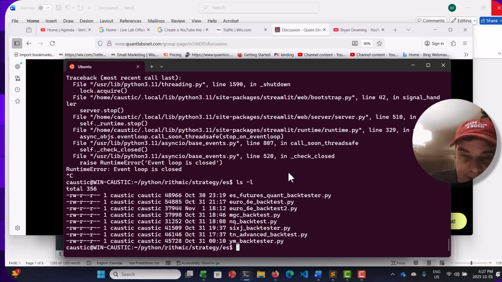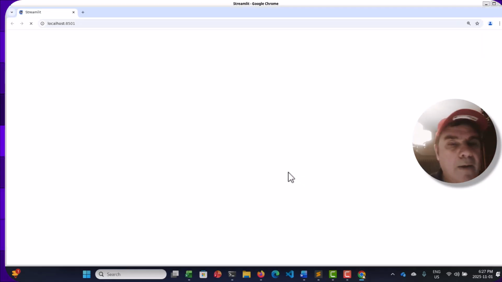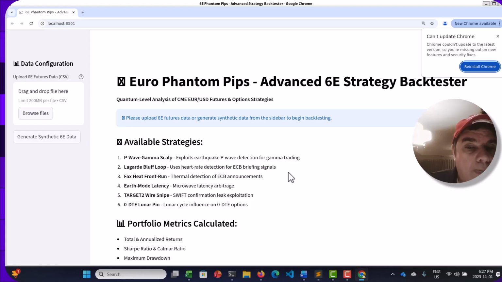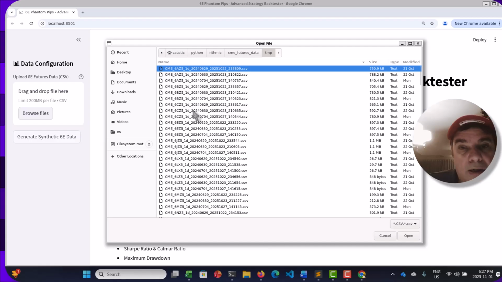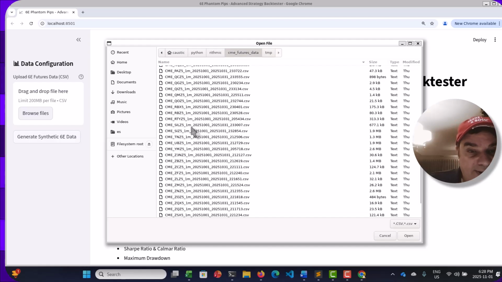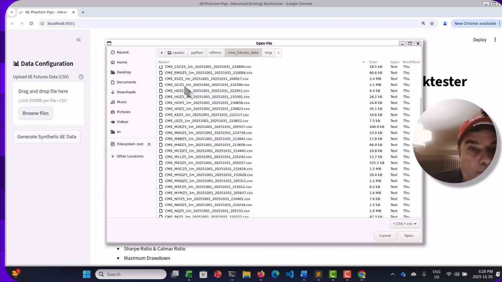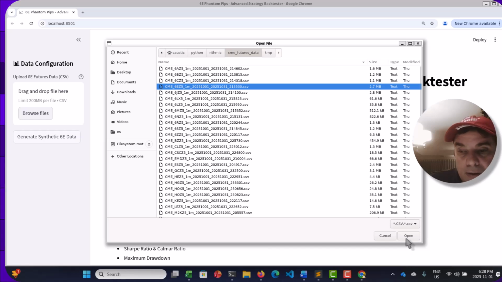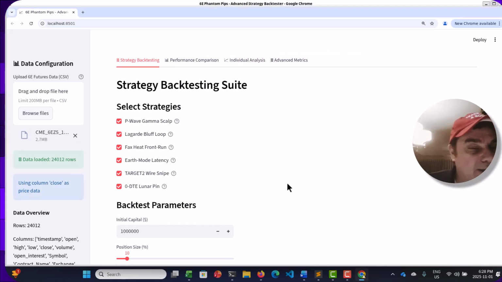So let me just pull up the next application, which I'll do the Euro because I just got that running. So this is Euro ET. So this one I know works. So this is now Euro. As far as I know, the Japanese yen is a little more traded, but this would be interesting. So let me try this here for this data set. Okay, so we're looking at 6E, the symbol. Okay, so there it is.